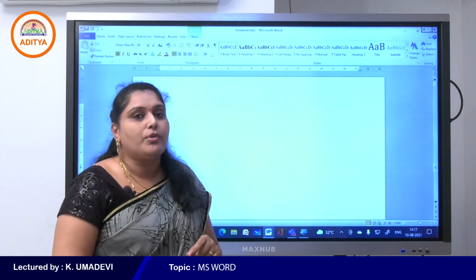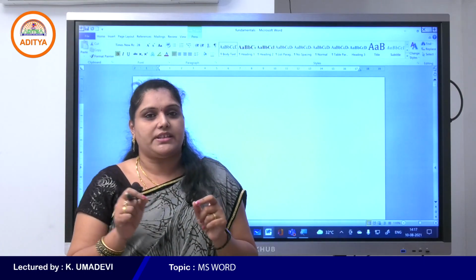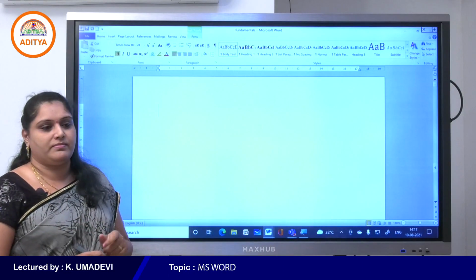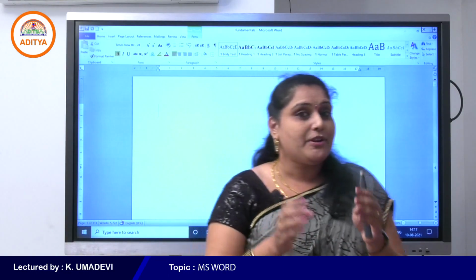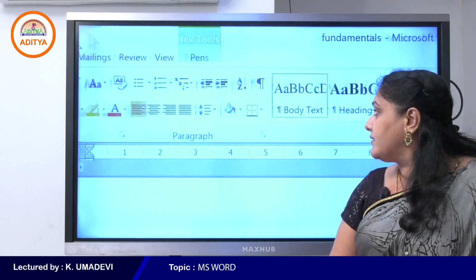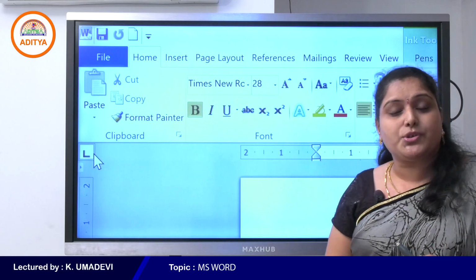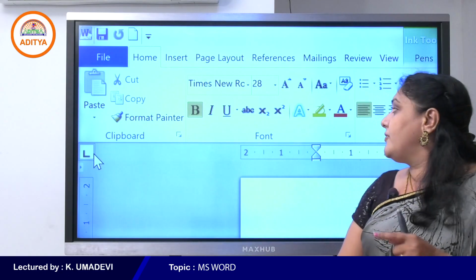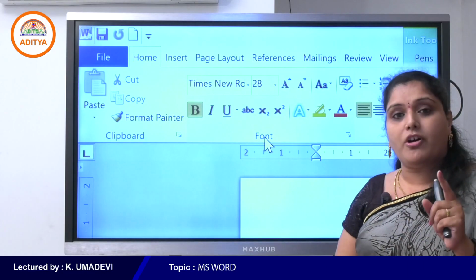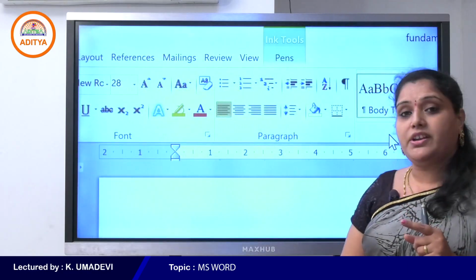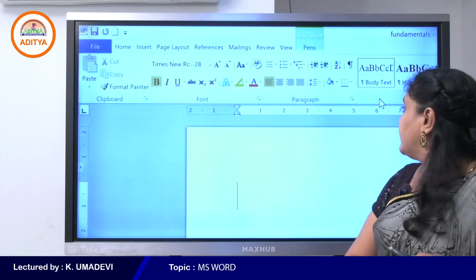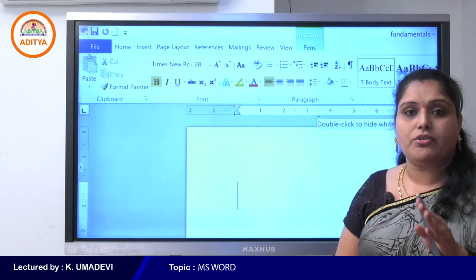In MS Word, Home tab is the default tab, and Home tab contains various groups. So what are the various groups available in Home tab, students? First one is clipboard, second one is font, next one is paragraph. Is the screen clear to you all, students?